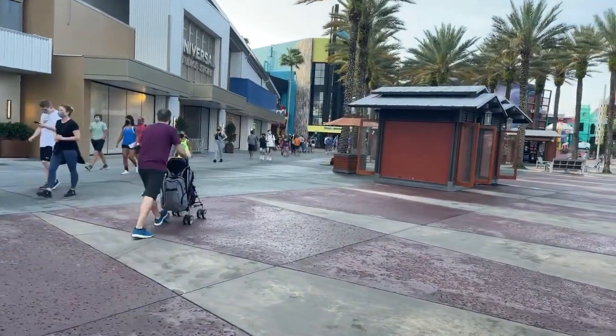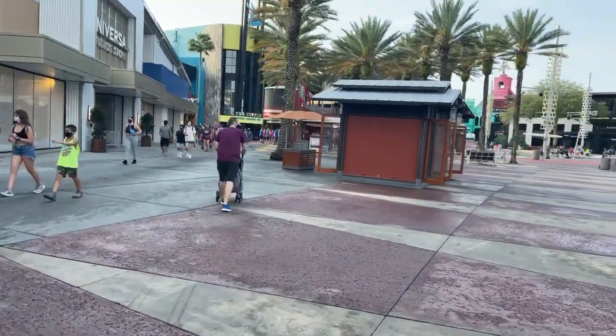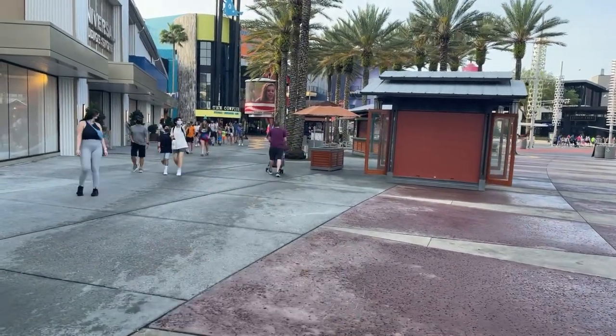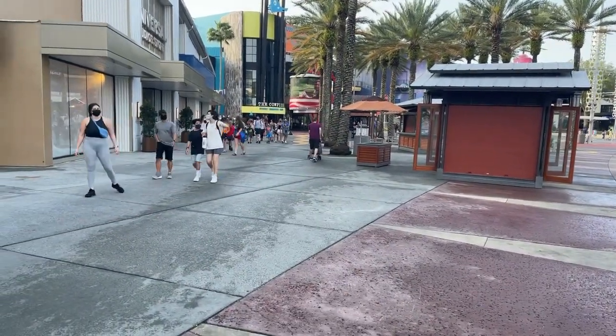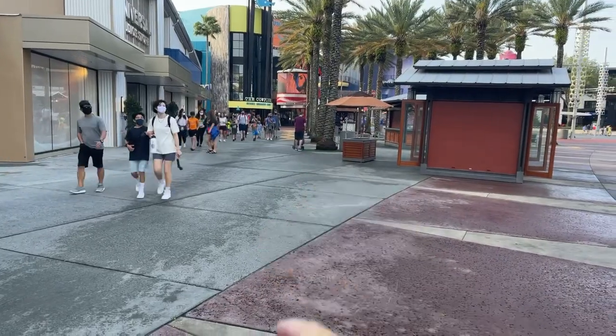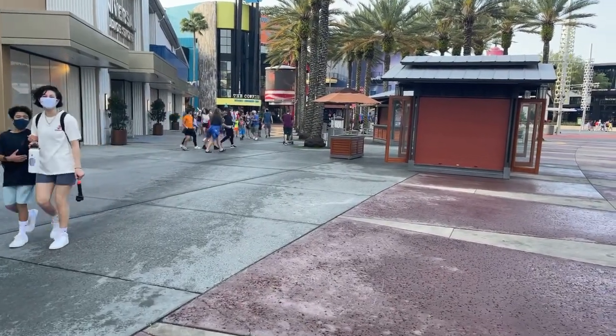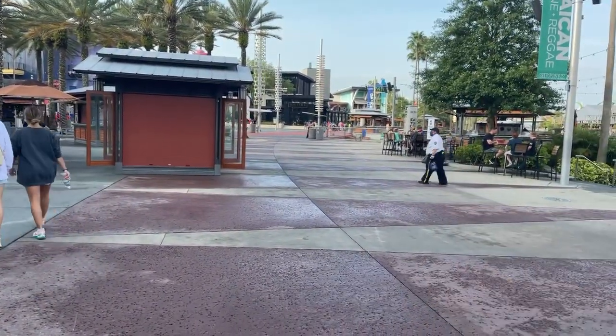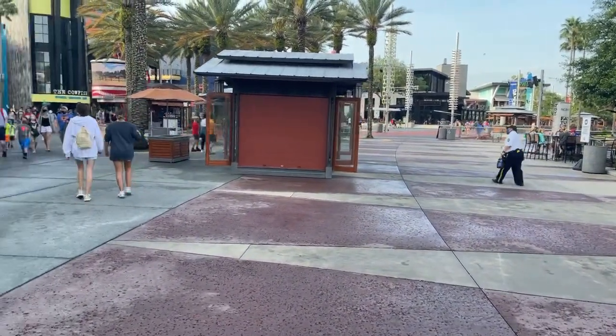But if you're not familiar, let me just walk over to here. Basically, everywhere you see people right now were walls. And it was a very narrow strip where that person's walking. I mean, all this was still open to walk through, but